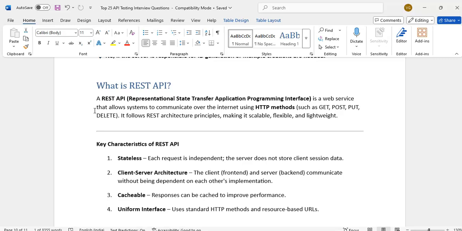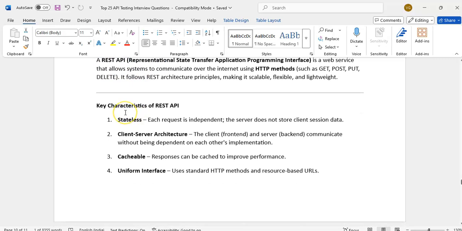REST, Representational State Transfer, is a web service that allows communication between multiple systems over HTTP methods. What are the characteristics of REST API? Stateless: each request is independent, and the server does not store client session data. Client-server architecture: it has a client and a server backend.